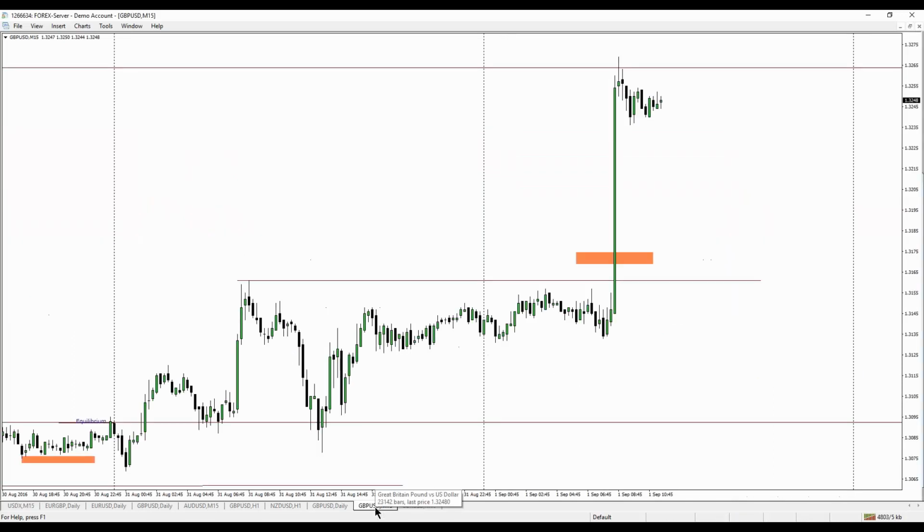So while there's not a terrible amount of range on the upside, we still have potential to run the liquidity above these highs. And we're going to be using the New York session to do that ahead of the numbers that are released at 8:30 with the unemployment claims. And I think that's going to be it.